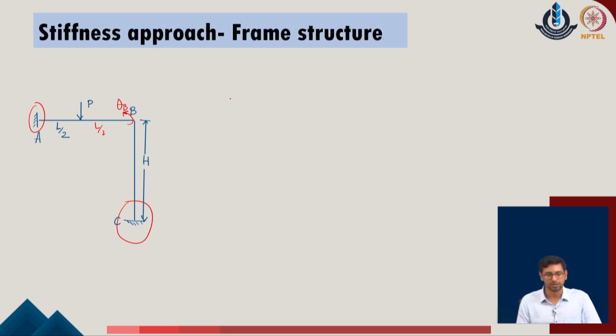And now, with respect to this, we define a kinematically determinate system in which we restrain all the degrees of freedom in the given problem, and this system appears like this. So, this is our kinematically determinate system in which we have restricted any degree of freedom from taking place. Now, we will consider that the fixed end forces can be evaluated.